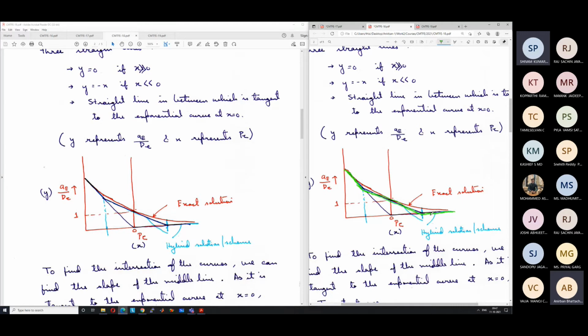Somebody can say that we will not use quadratic. I will use cubic. 2 cubics only, one from here to here and another from here to here. So there are hundreds of possibilities. Okay. So one of these possibilities, which is very widely used, is this hybrid scheme. But keep in mind that it is not some golden rule. There can be hundreds of possibilities, out of which this has proven to be very useful in the sense that the computational expense is very less as compared to the accuracy that we get.